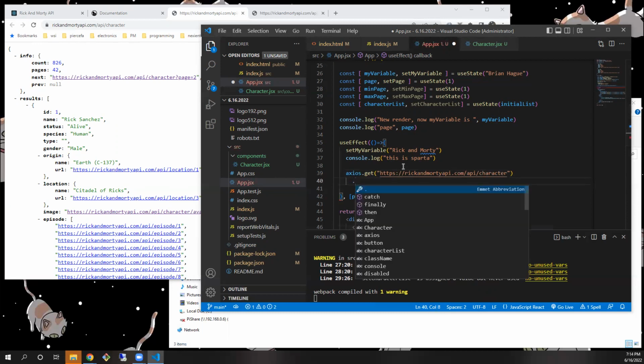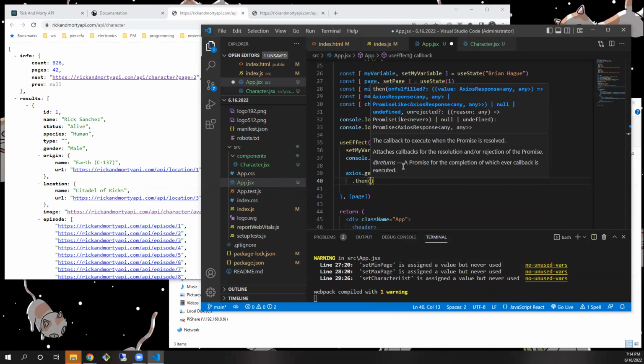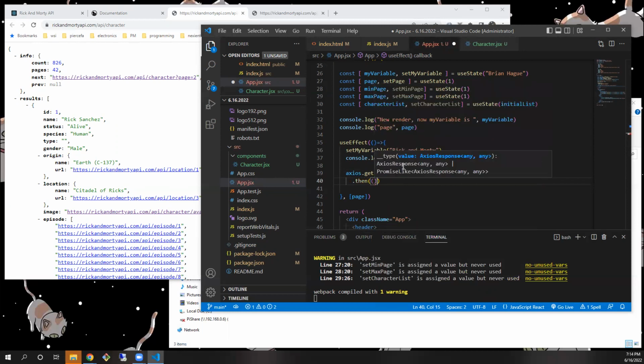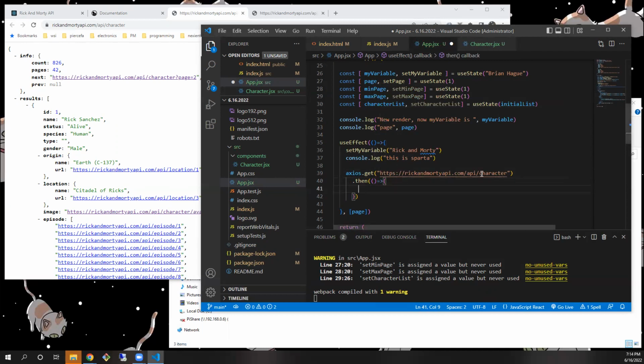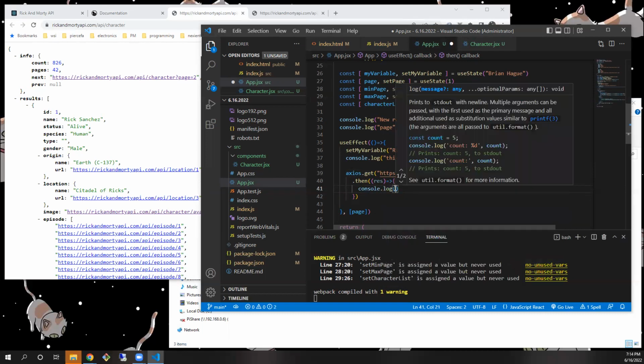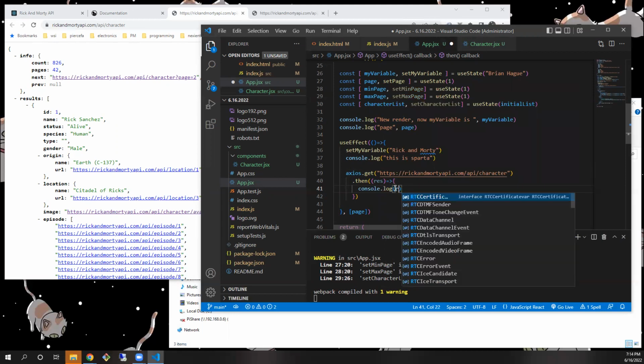So we have this Rick and Morty API character, and I personally teach it with then. A then statement is going to take a callback, and anything that happens inside of here happens when the Rick and Morty API character returns something that's happy, so a 200 path. So if I console log res